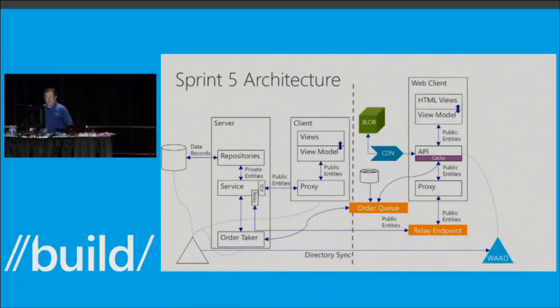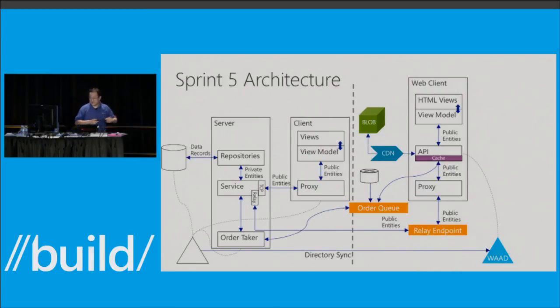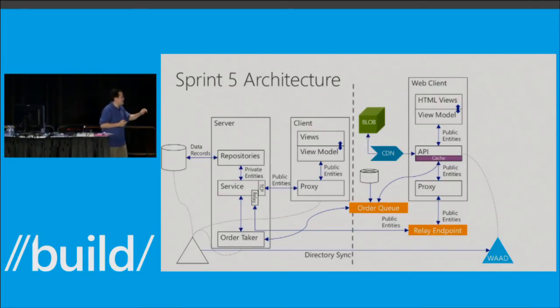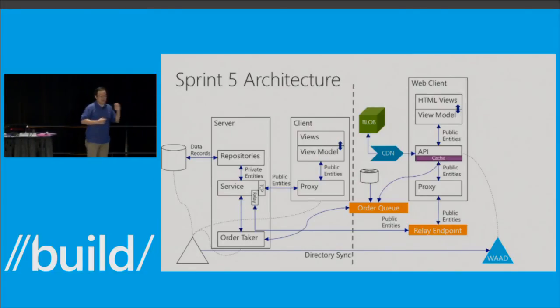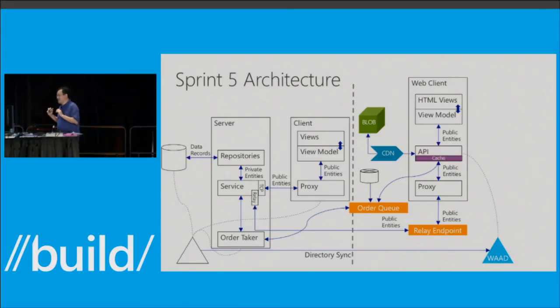And Sprint 5, the plan was to use cache, because for now, our website goes back to our WCF service every time it refreshes the pages. The idea is to use Windows Azure caching to cache the data locally so that we don't need to go back every time to our backend service. And for the attachments, instead of streaming all the attachments back to the server, we'll put them in Windows Azure blob storage and use CDN to speed up content delivery.